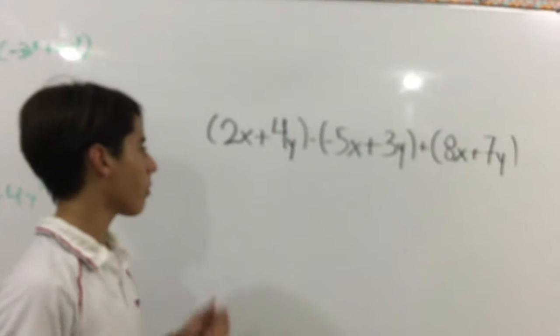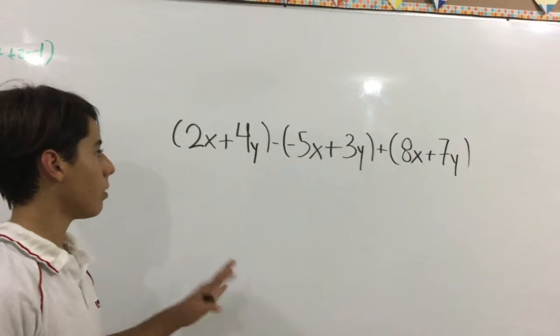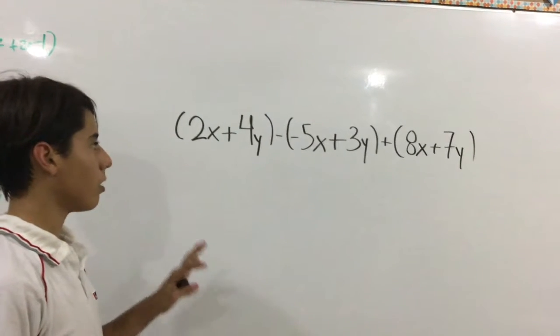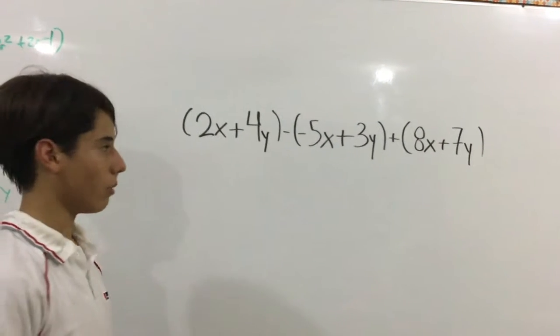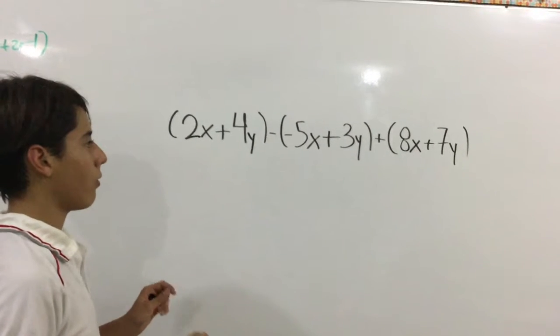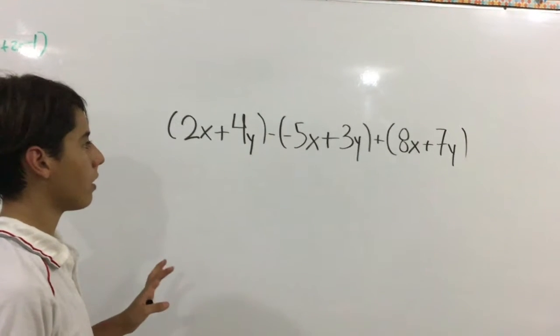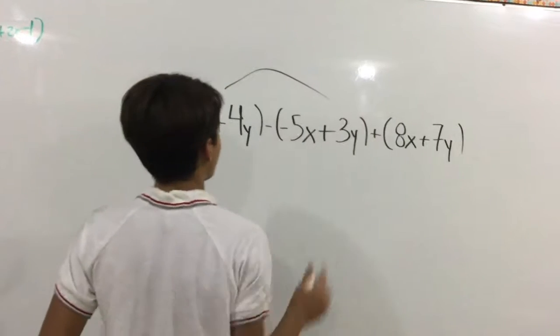In this problem we have three binomials. Each binomial means something. Each binomial has coefficients and variables. First we will need to start adding the first two binomials. So it would be